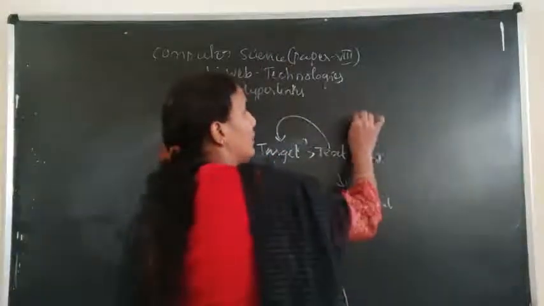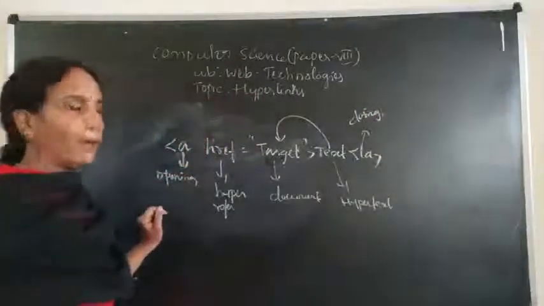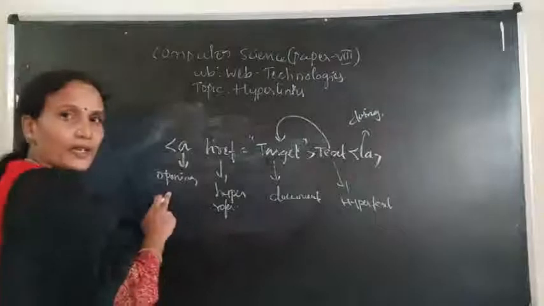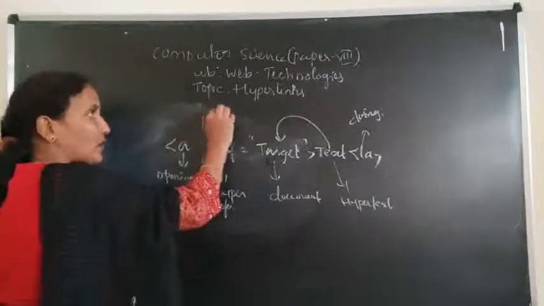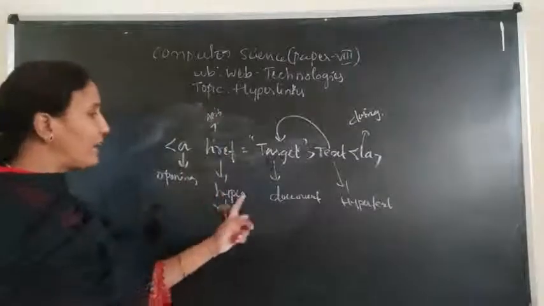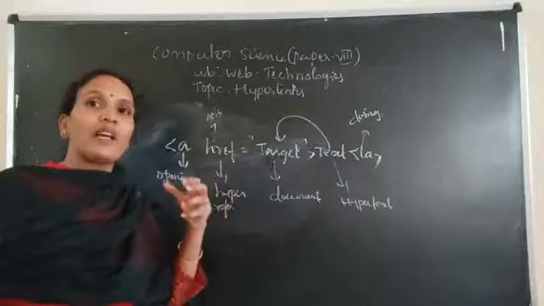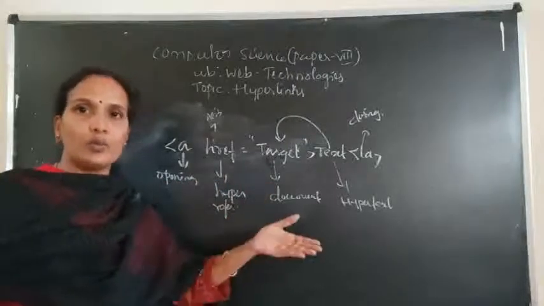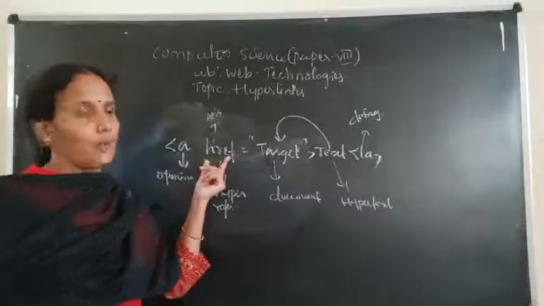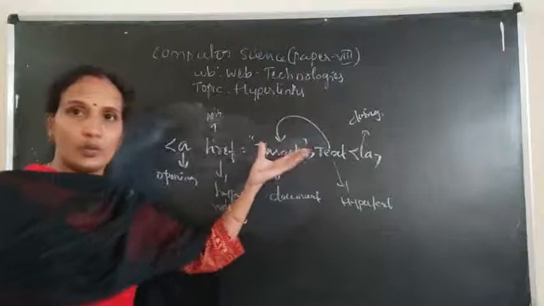And this is an anchor closing tag. Okay, so this is an opening tag. This is called an attribute. Here, what is the name of the attribute? Hyperreference. Reference means this attribute gives the reference to the target document, that is, the document you want to move to from the current document. That is the hyperreference. Equals to the name of the document, to which document you want to move.